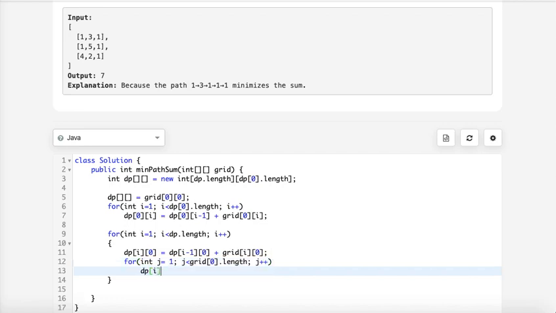So here dp[i][j] will be a minimum of left and above, right? So this will be above and the left, and you have to add the current grid.